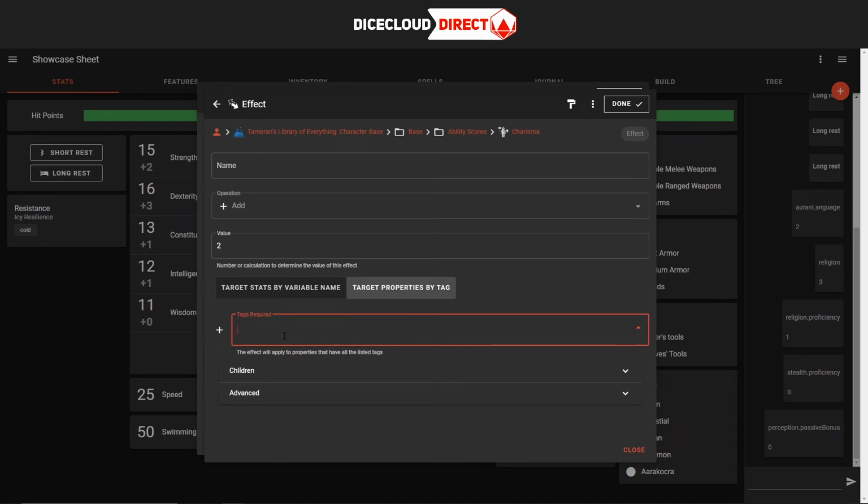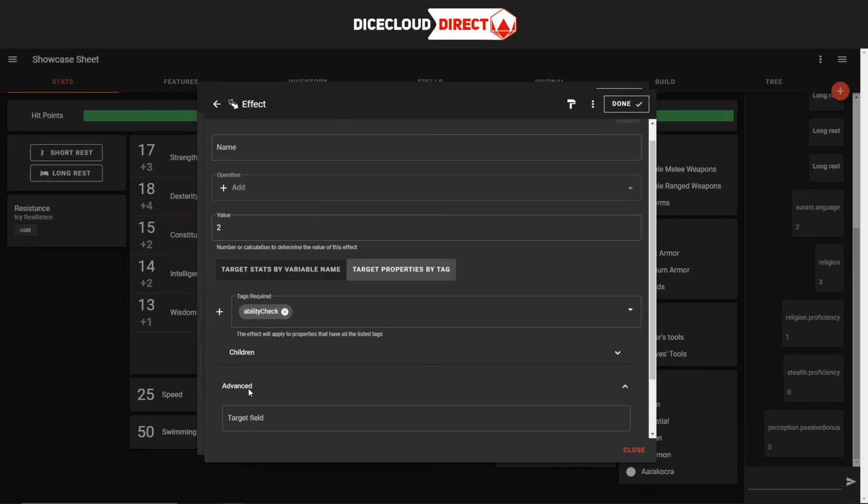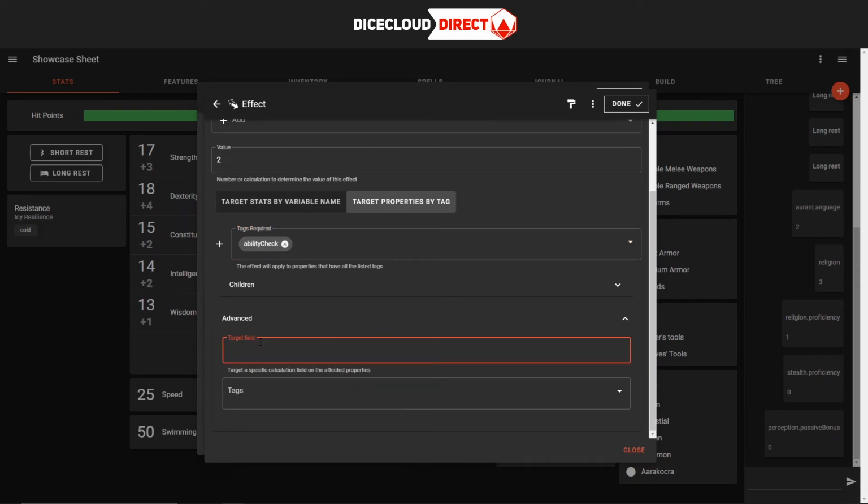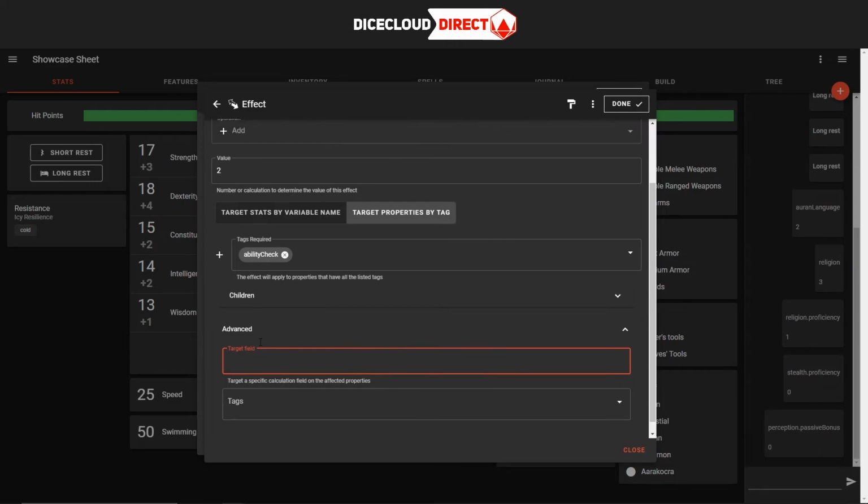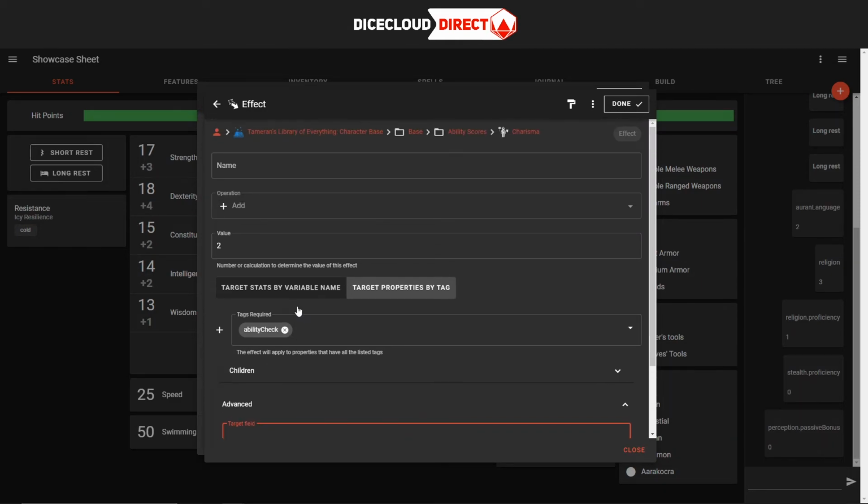But you can target a whole bunch of things. So maybe I just wanted to give all of my ability checks +2, so I'd just do ability check. And this is just going to find every property on your sheet that has the ability check tag on it, and it's going to add 2. If you want to be super advanced too, by the way, you can specifically target a field. Remember, all these properties have tons of fields in them. Maybe some of them have multiple values. If we remember all the way back to